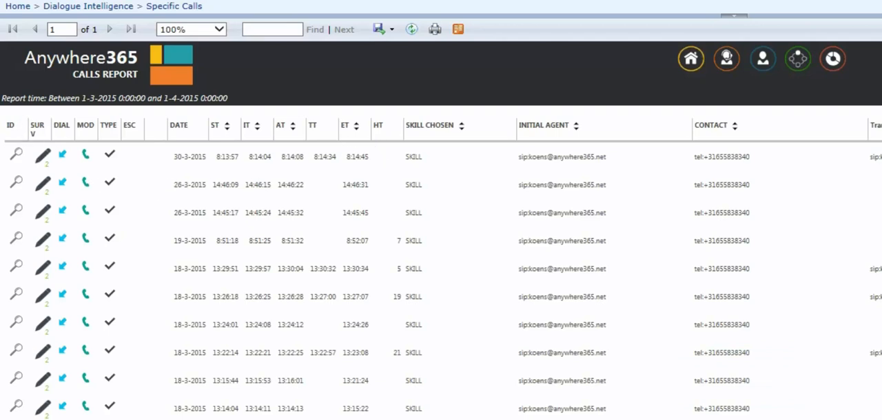Here you can see the overview, where you can zoom in. There were 2 surveys. It was an inbound call, and it was accepted. You can see the day, the start time, in queue time, accepted time, transfer time, end time, and the hold time. You can see the initial skill that the customer has chosen, the initial agent who picked up the call, who was the contact,